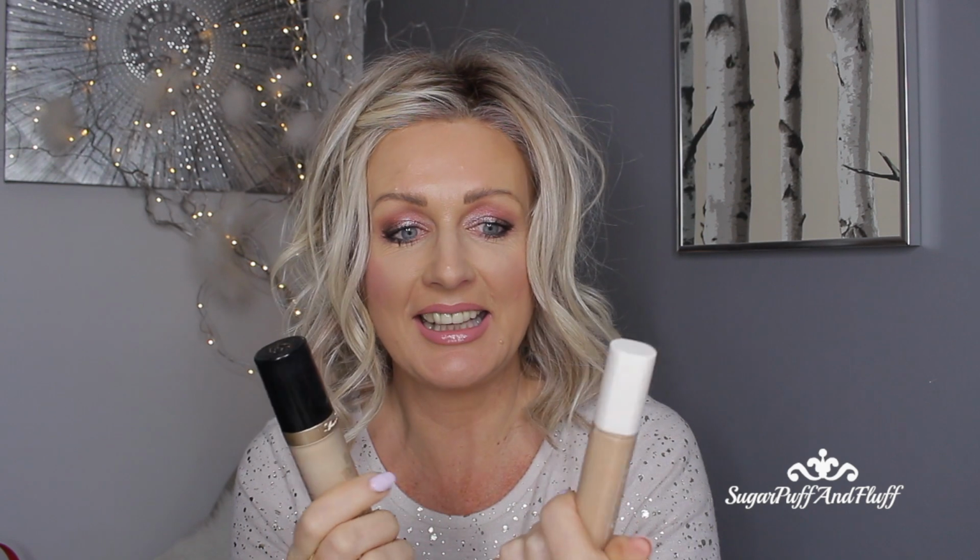Misha. So today I thought we'd compare the two concealers, the Fenty Beauty Pro Filter Concealer and the Too Faced